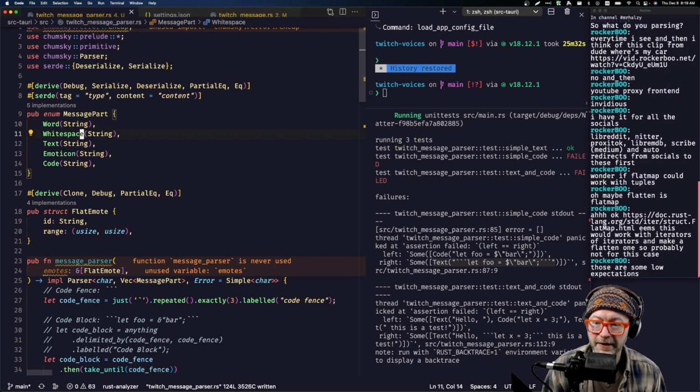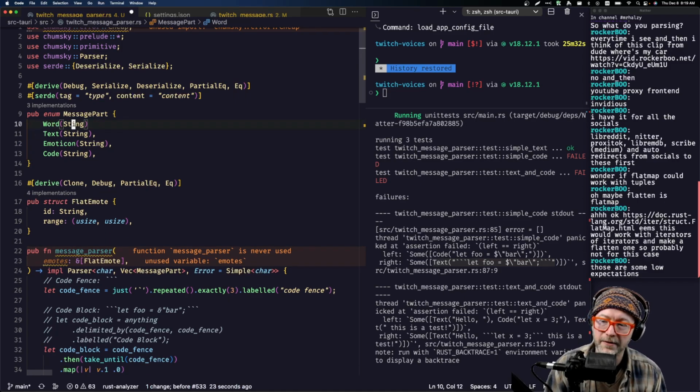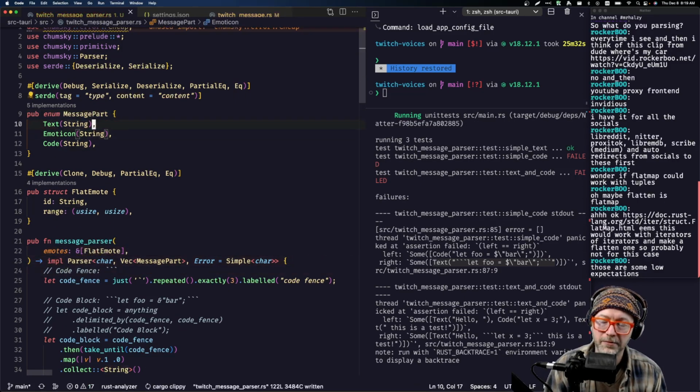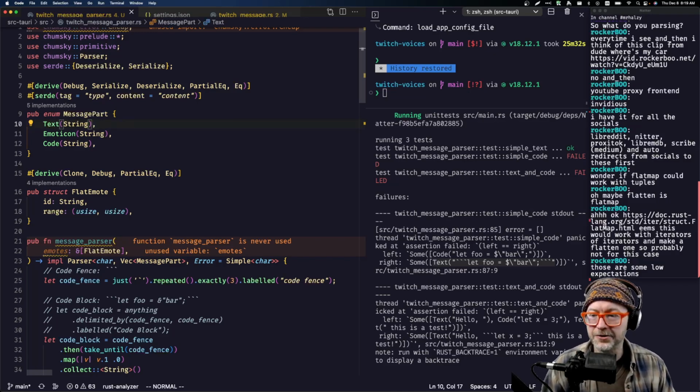Give it a chance to evaluate, kind of come up for air when it goes to toggle between them, so it could then switch over to code. But it might start with word and then go straight into code or something else. Really, I just want string to be like a catch-all. Look for emoticon, look for code. And if that character is not one of these other two things,